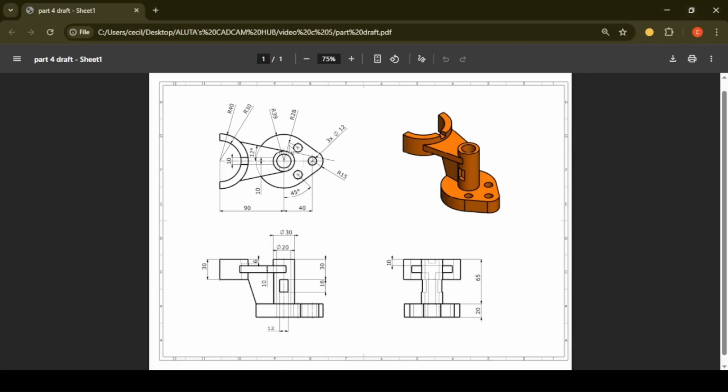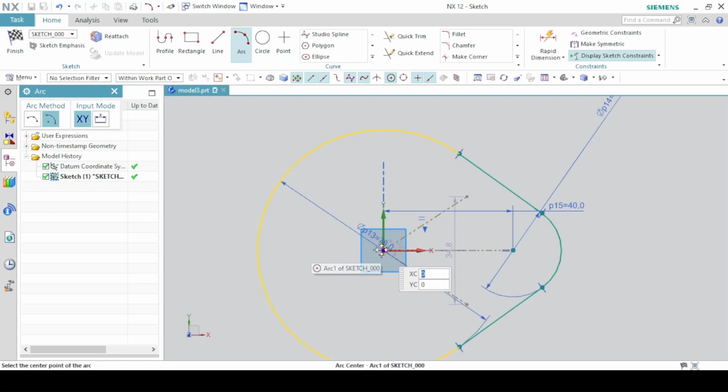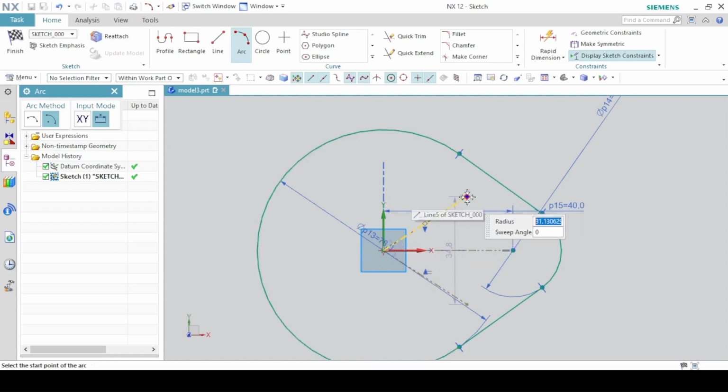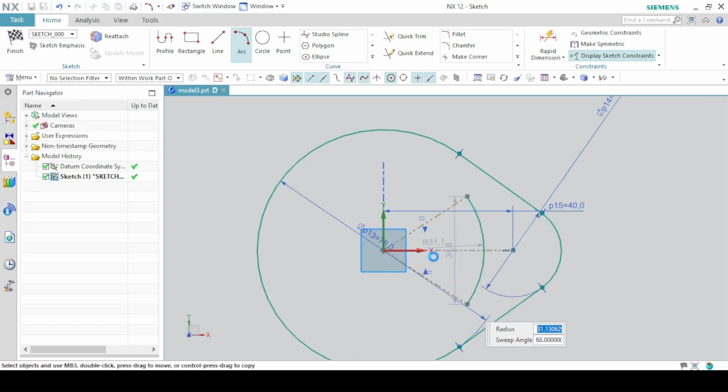Then you create an arc to connect these 2 points, the end points of the inclined lines, and the radius of the arc is 28. So we are going to use the arc by center and end point. The center should be on the origin, the first end point here, the second end point here.